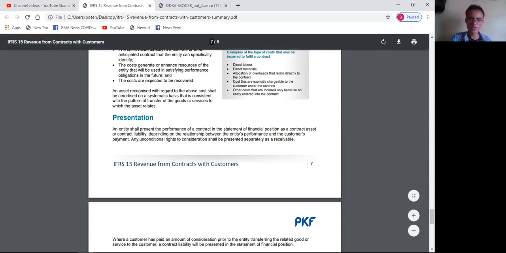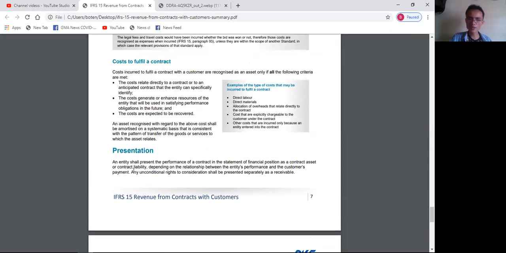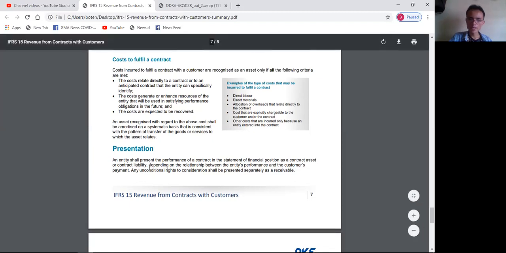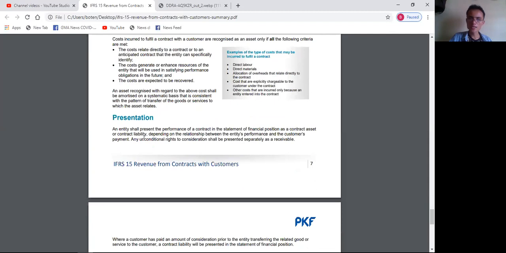Okay, for presentation, it's possible that we are going to present an asset or a liability. So an asset, if we are on the part of the seller, so this is going to be a receivable, the partner is going to be revenue. Liability, if it is unearned, meaning it's not yet